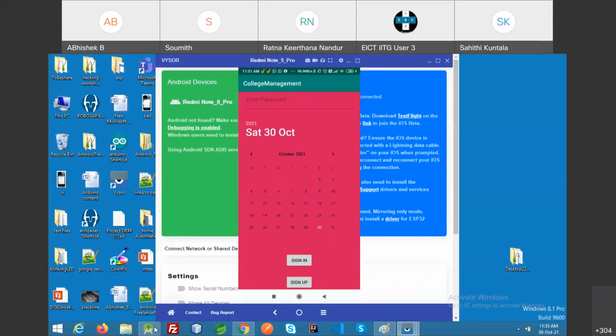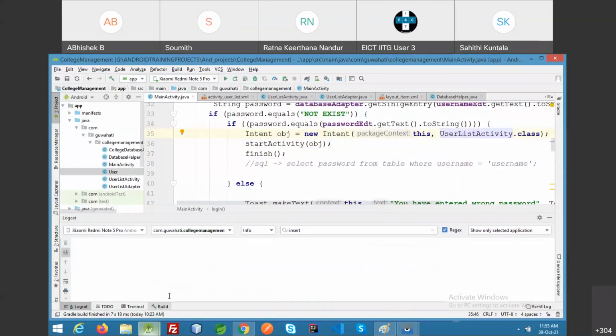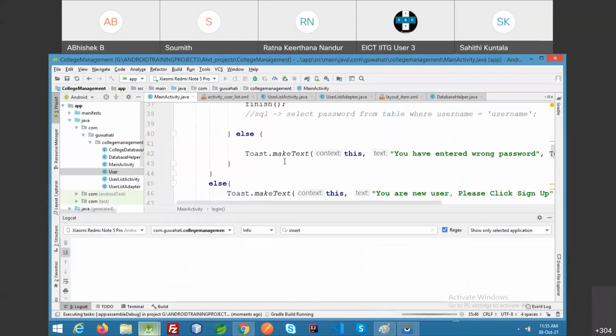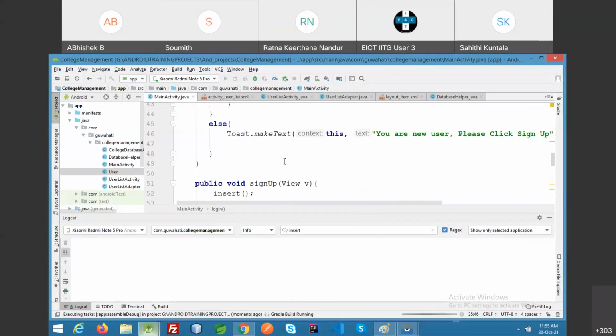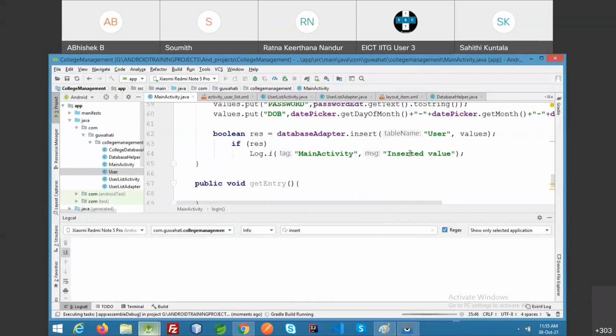Let's run the application with all these changes. We have this on the main activity. When I sign up, I call the insert method, and when the sign up is done, it shows me inserted. So I will sign up with a new value.